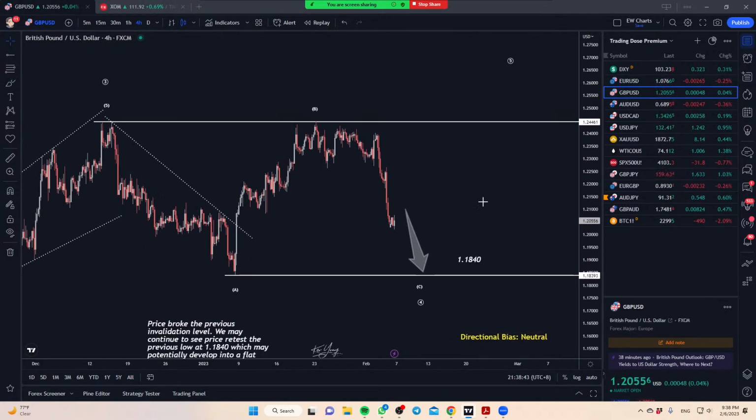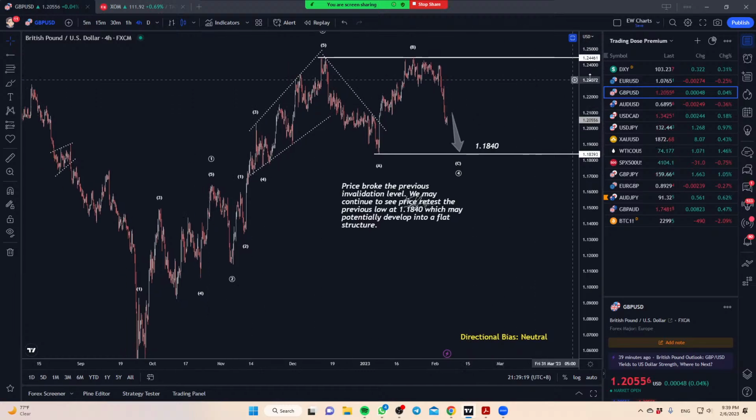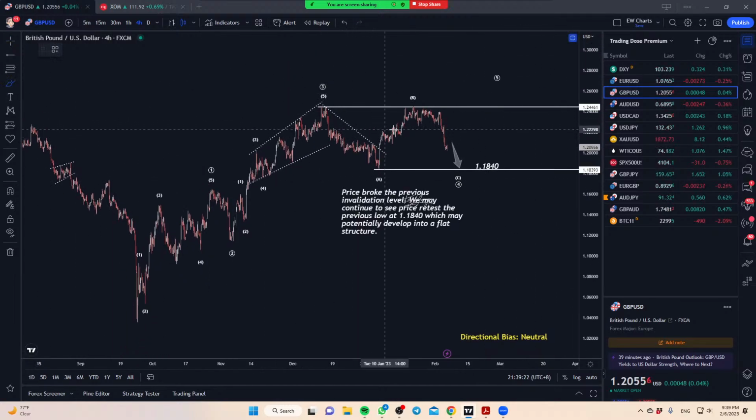The pound dollar over here is a little bit complicated. Last week, at the beginning of the week, we were anticipating a potential flag for another pushback to retest the top. Of course, the dollar strengthened post NFP as well, pushing all the way down. So right now, our little expectation over here is that the momentum may continue to fall, to keep going lower, and potentially retest at 1.1840. Okay, which is this previous structure over here, and from a bigger scheme of things, that may eventually turn out to be a bigger flat structure.